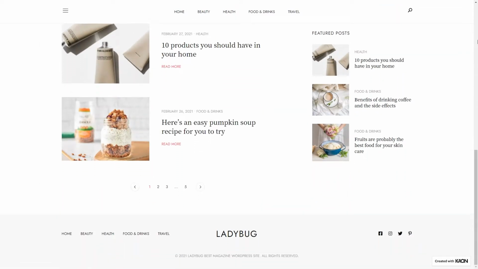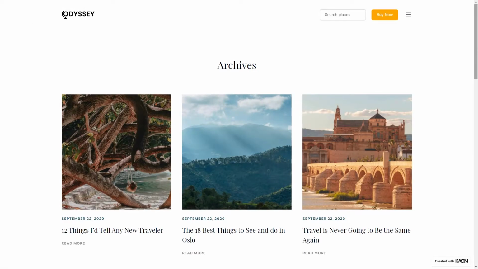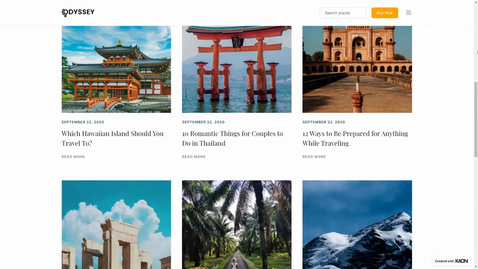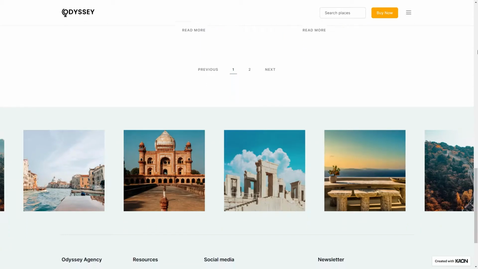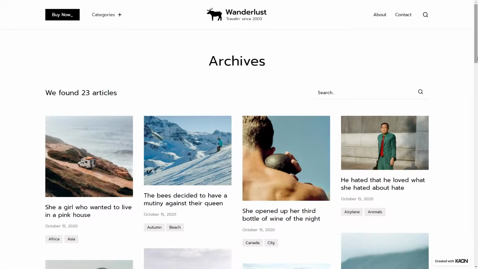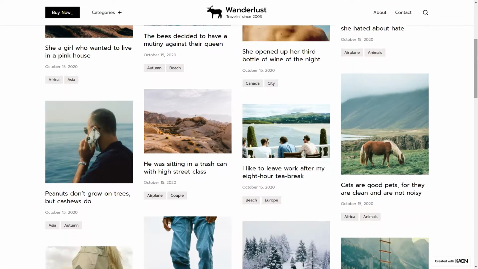An archive page refers to a collection of posts grouped by category, tags, author, date, etc. Your posts are collected in a reverse chronological order in which you can assign categories, tags, or any other taxonomy. So when you create an archive page, all the information is retrieved and you can give your users a historical